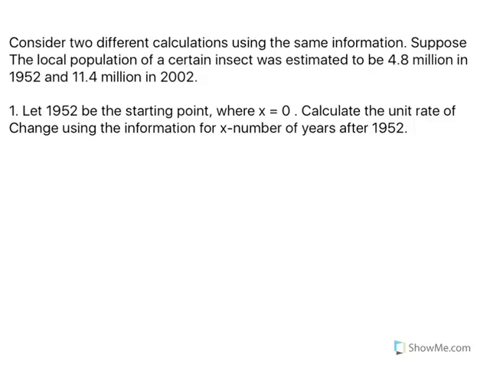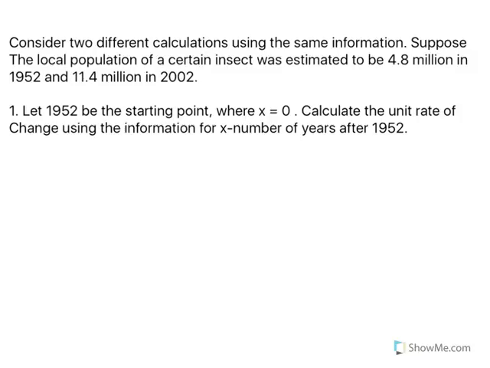All right, this short video is going to be on shifting intercepts. And you might be thinking, I have no idea what you're talking about. Well, just watch, because we can do problems two different ways and get two different formulas that mean the same thing. So, first, suppose the local population of a certain insect was estimated to be 4.8 million in 1952 and